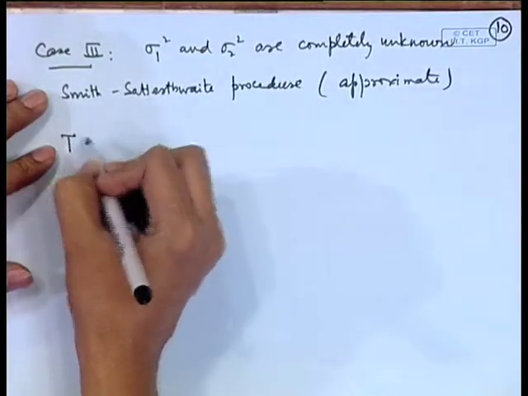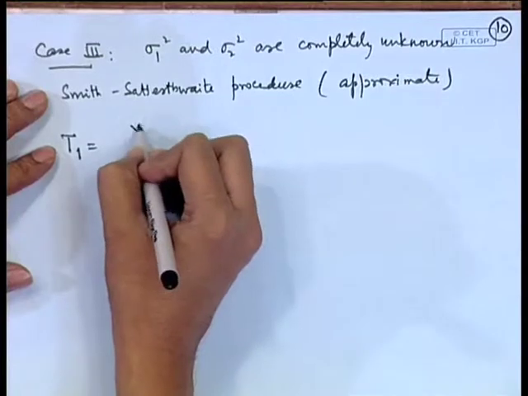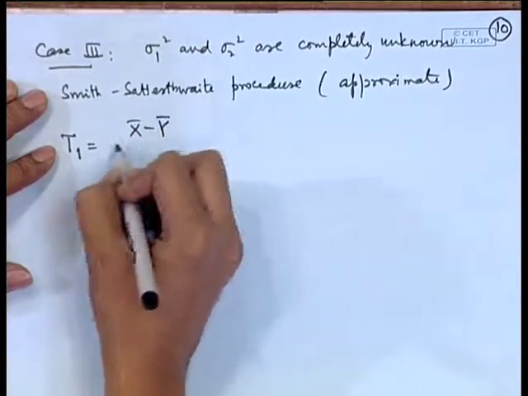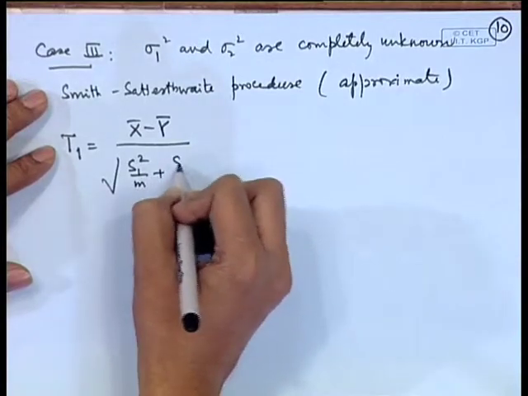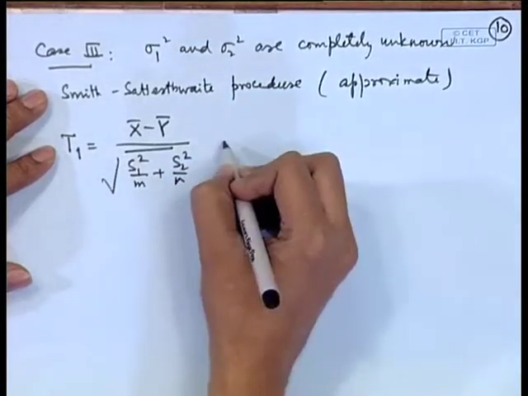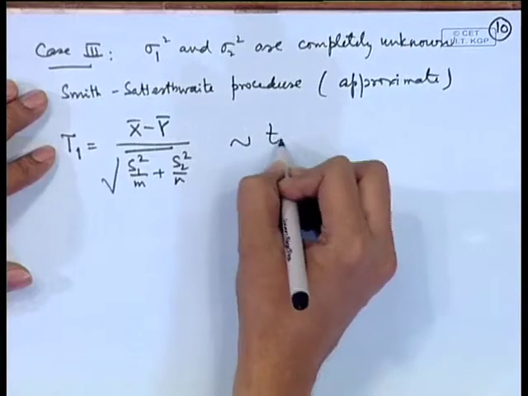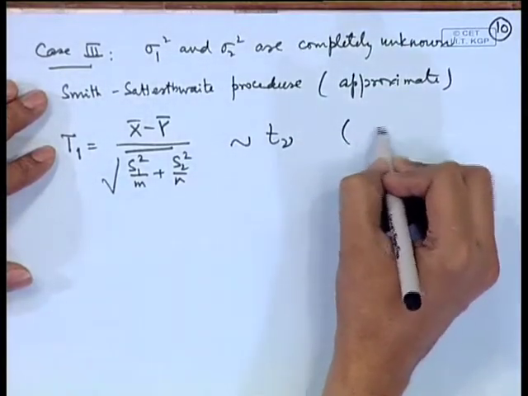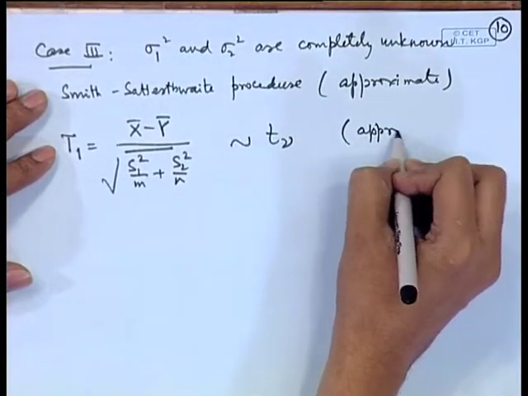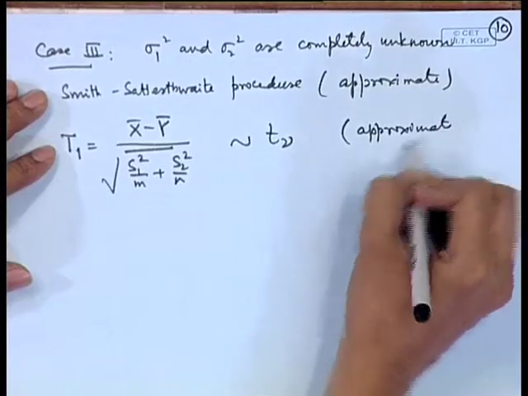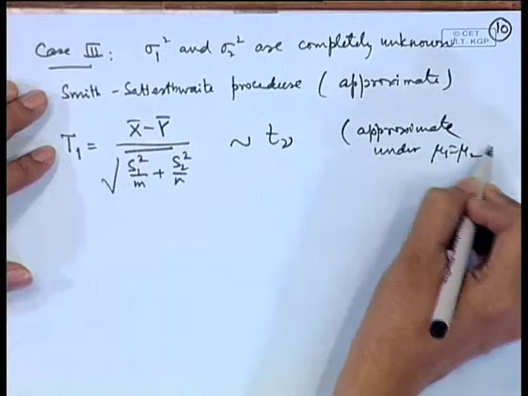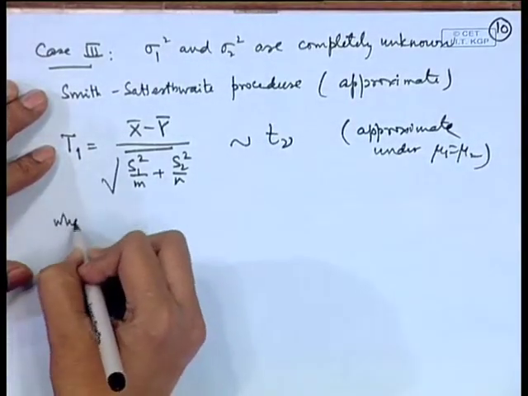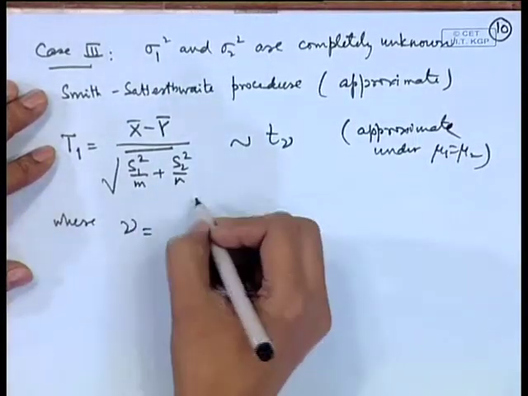If we consider say T1 is equal to (x bar minus y bar) divided by square root of (S1 square by m plus S2 square by n), then this has an approximate t distribution on nu degrees of freedom under the assumption that mu 1 is equal to mu 2, where this nu value is given to be